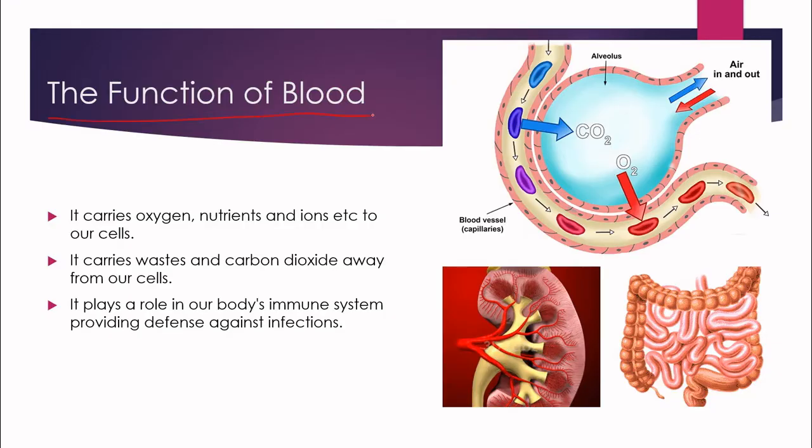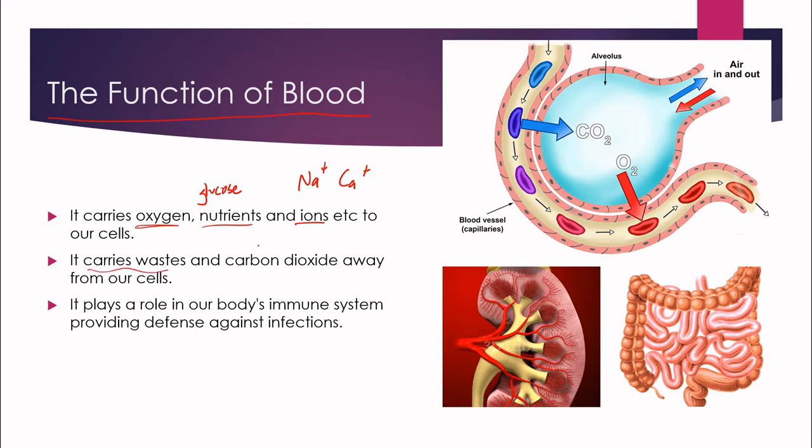So let's talk about the function of blood. One function is to carry oxygen. It also carries nutrients such as glucose. So both of these, obviously vital for respiration. It also carries ions. So you could have sodium, calcium, for instance, maybe potassium as well. And these are used for structure, for setting up osmotic gradients as well. So it carries these substances to our cells,